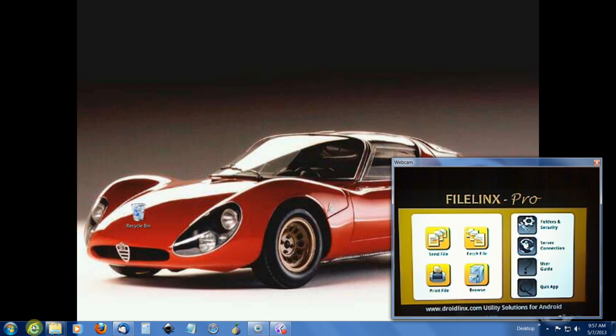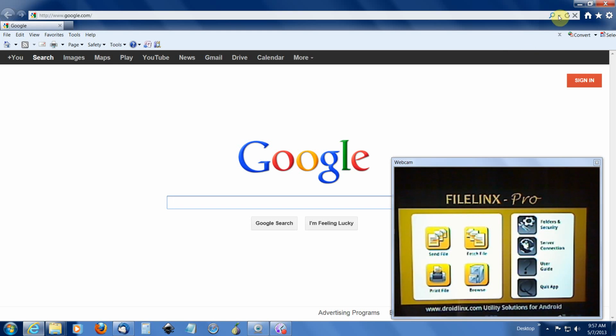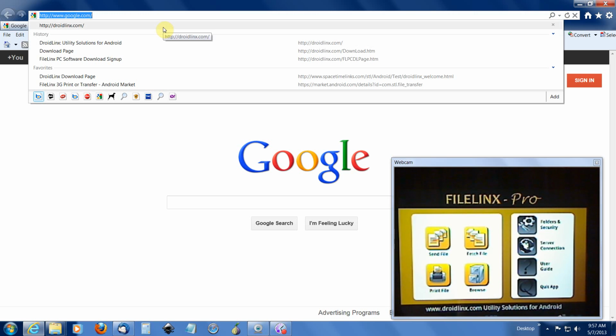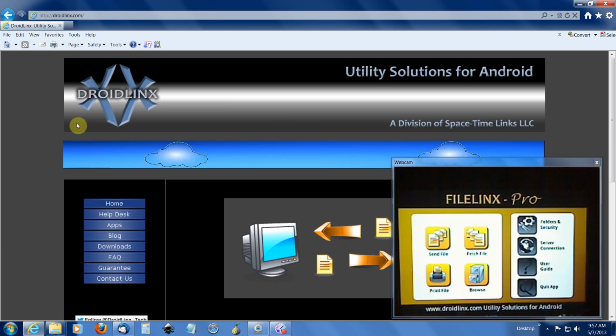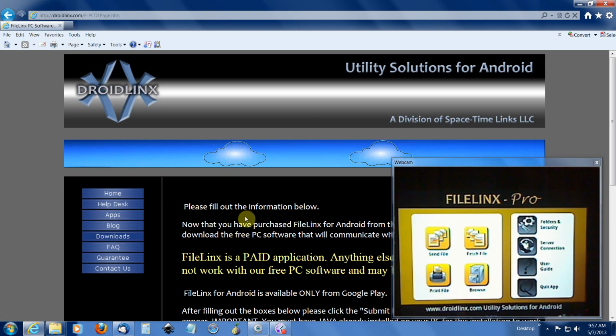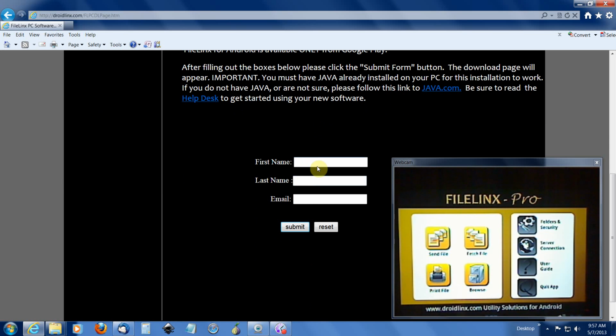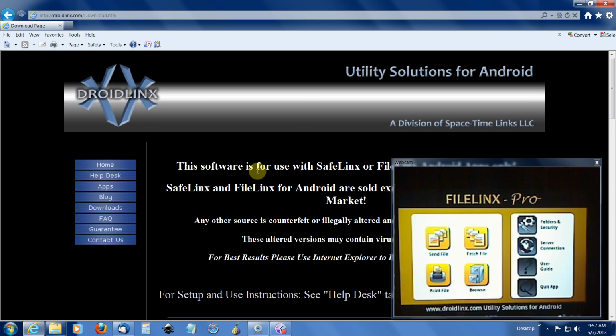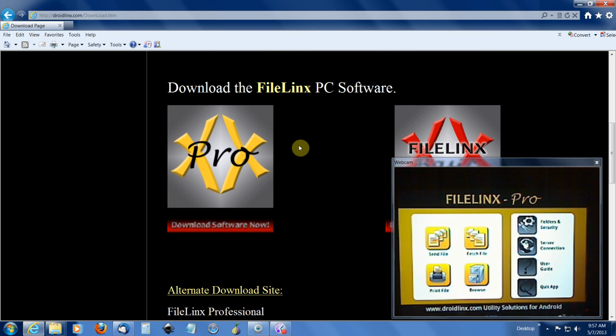So, go to the PC, open up a browser. We prefer Windows Explorer. Go to our site, www.droidlinx.com. Go to the download section. Here, enter in your name and an email address. Click submit, and you will see we've entered the download section. Select the button underneath the appropriate icon,